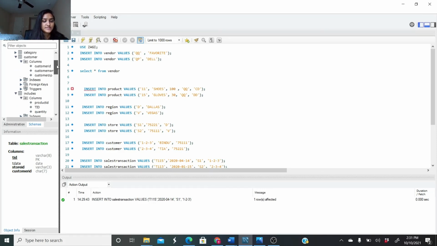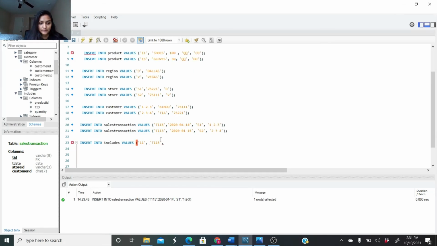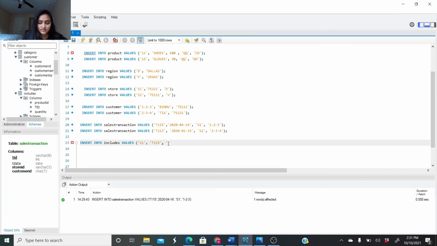Oh, quantity was itself. So in the quantity, I'm gonna just put like 10 of them. And then if I do that and that, and also if I do insert into,